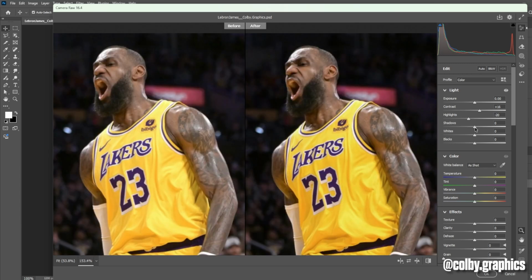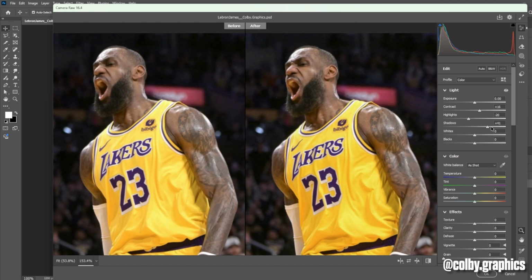So for the shadows, what you're going to want to do is turn it up, because say you have a lot of shadows on, let's say you're working on a baseball player, they're wearing a baseball cap, right? There's going to be a lot of shadow that might go onto their face, especially the upper part of their face because of the hat. So what you want to do is, depending on how much shadow there is, you might want to turn it even higher for the shadows,